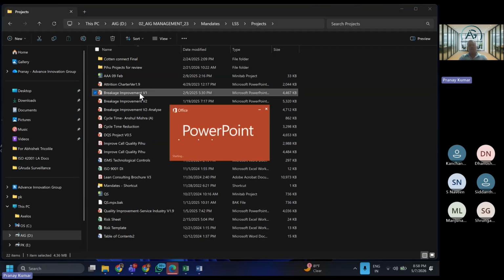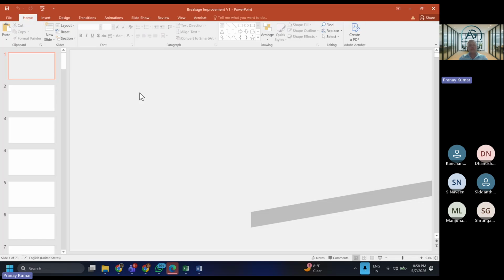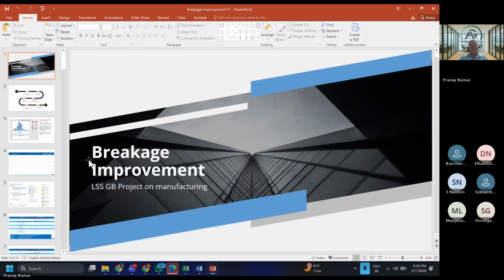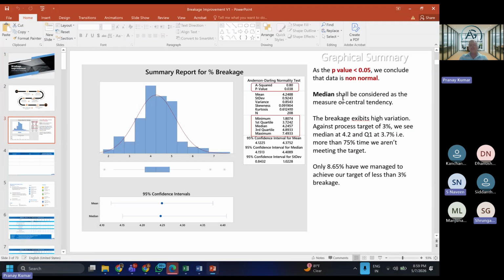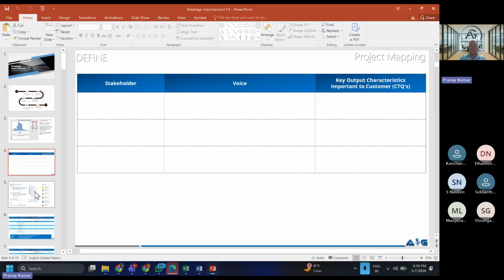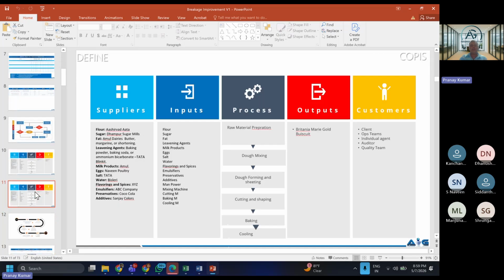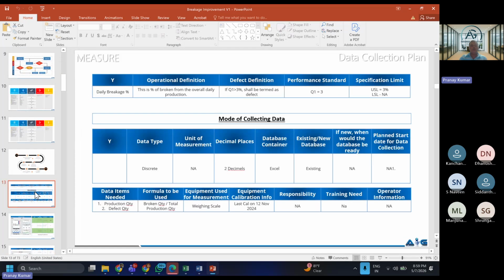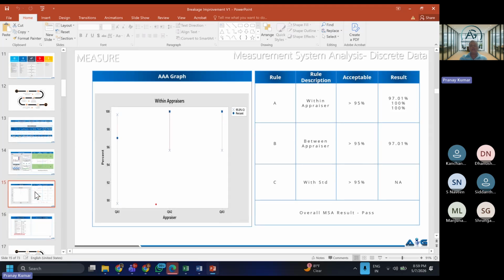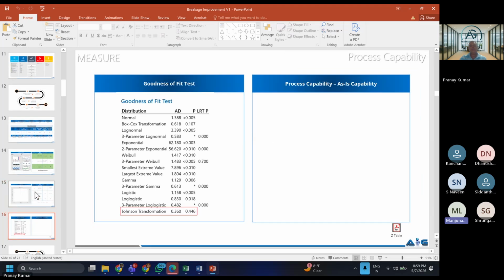This is a project that one of my teammates shared with me. You have the breakage data, right, everyone? Yes, sir. Based on that, she did the cookie example. I'm sharing the document with you guys, the ones that she shared with me. You guys look at it once, and then we will discuss it together. Okay, yes sir. Give me 2 minutes. I'm sharing with you.